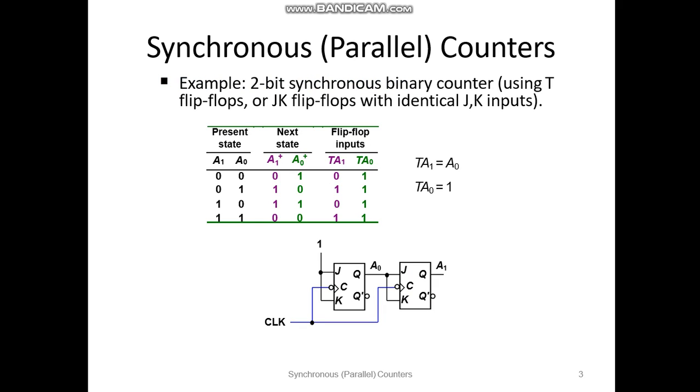So this is the concept. Here we are using the JK flip-flop. So the present state and next state we can derive from the condition, where 00 means the next state will be 01, 10 means the next state will be 11, like that we define. Using this we can define the flip-flop input using the excitation table of the JK flip-flop. Okay, for 00 if there is no change, what is the input, like that you need to define. So after that you have to calculate the characteristic equation.